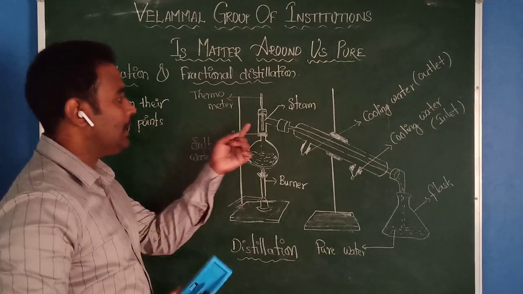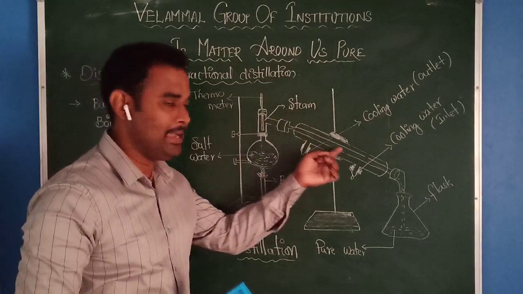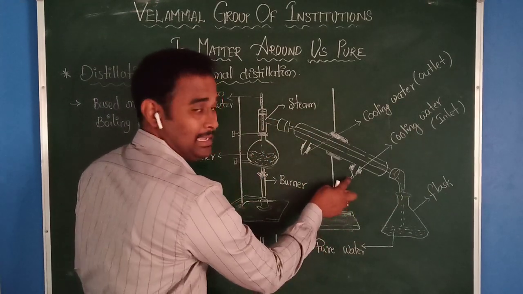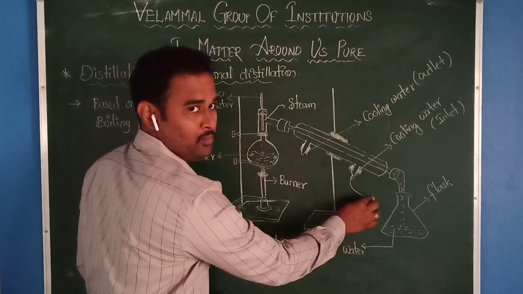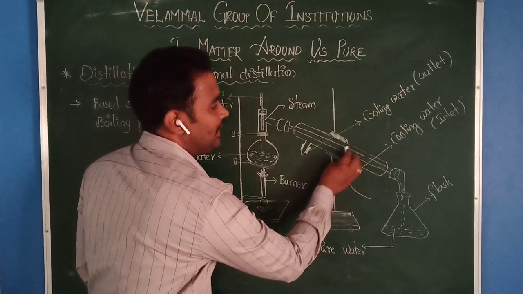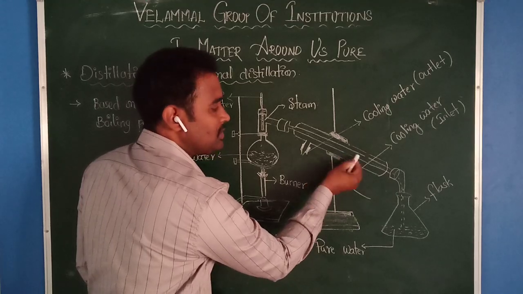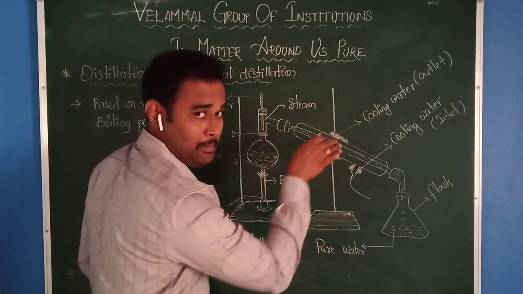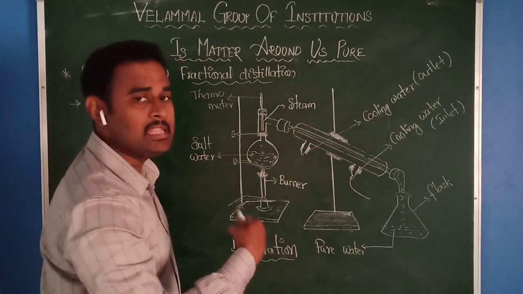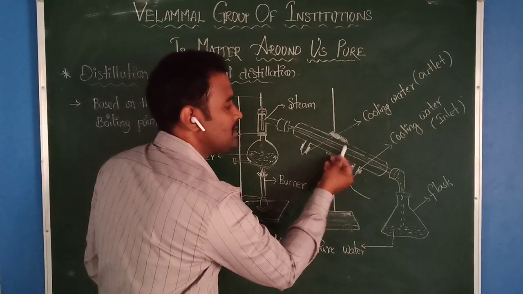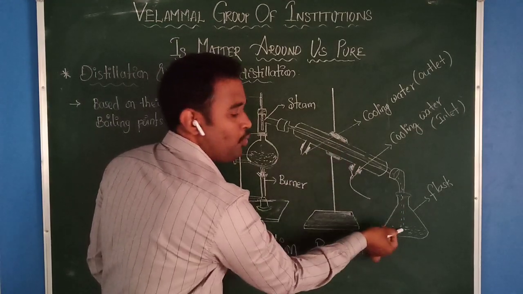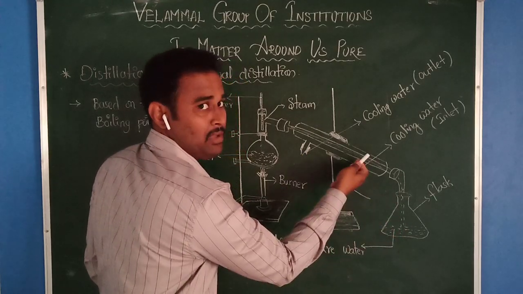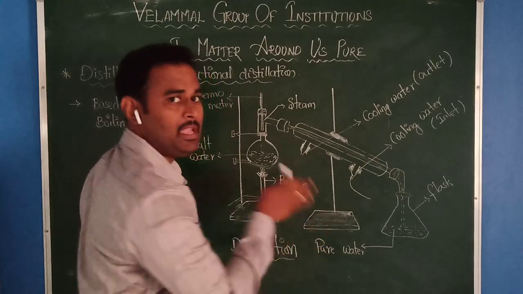Okay, understood? Whatever steam is entering into the condenser, by using the cooling water, that means you are giving one connection of tap water, cooling water. Then what will happen? The water will rotate inside the glass tube. Then because of the cooling nature, the steam in the condenser will become cold. Condensation takes place. Then what will happen? Due to the condensation process, the water vapor changes into water again. That water you can collect here. This is the outlet. Because you are continuously giving the water, the remaining water will come out from the outlet.